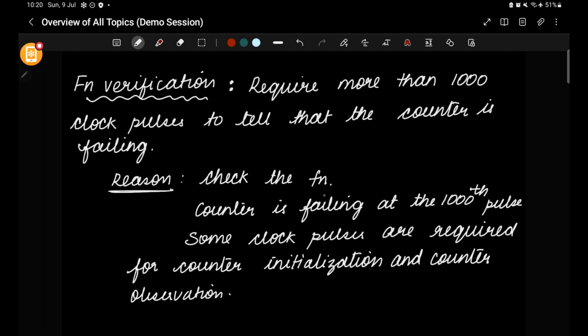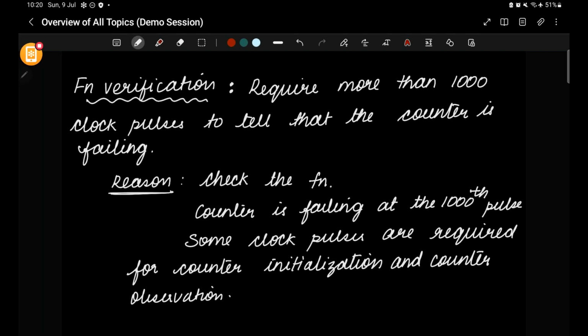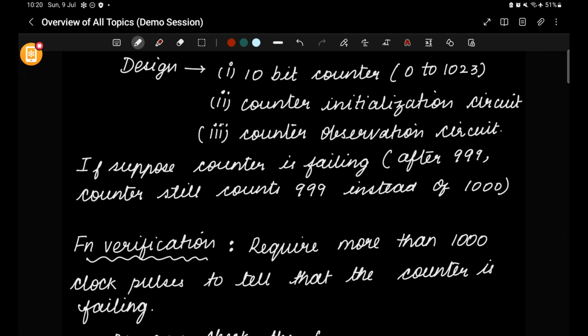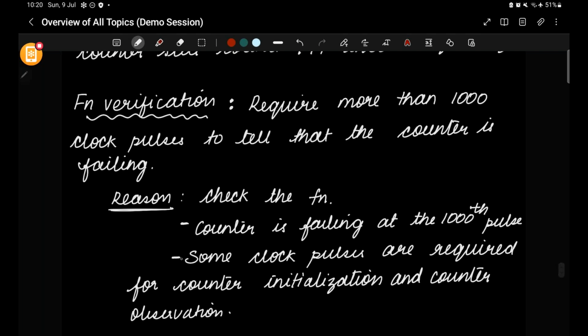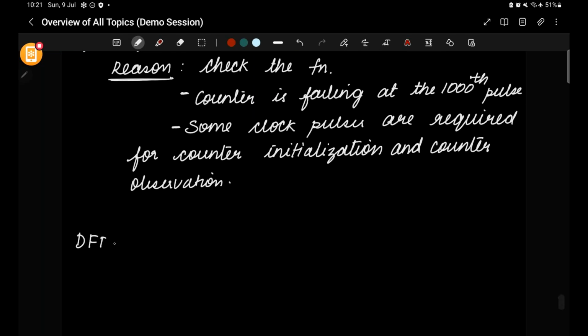So a functional verification engineer checks the functionality. When is the counter failing? At the 1000th pulse only the counter is failing. So the counter has to count till the 1000th pulse, only then can they tell that the counter is failing. And they also need some cycles for counter initialization and counter observation. Therefore, a functional verification engineer requires more than 1000 clock pulses to tell that the counter is failing. The same thing, if you see DFT engineers,